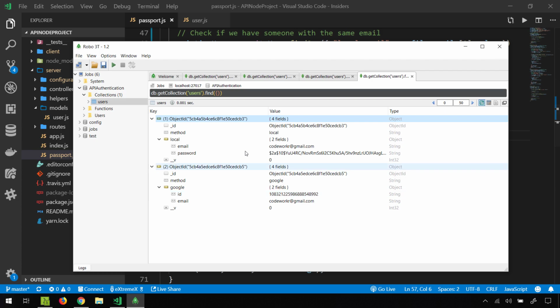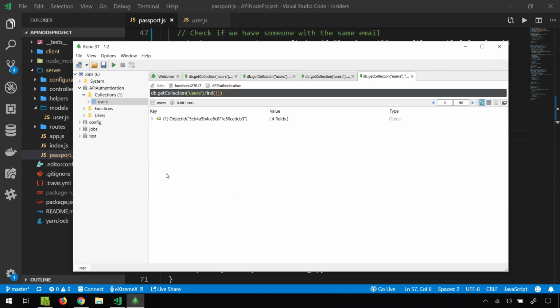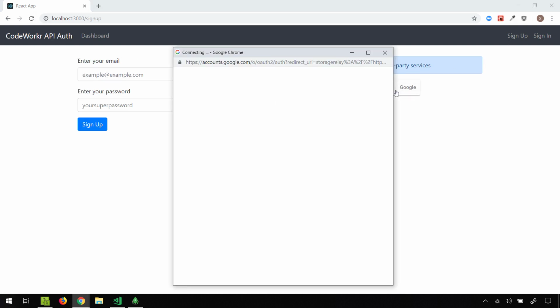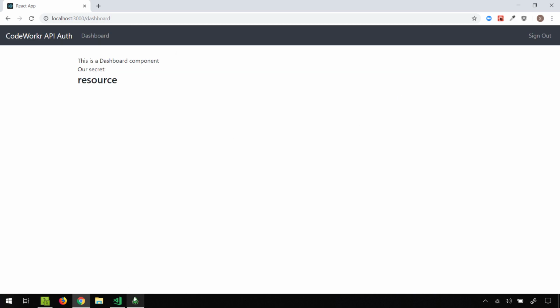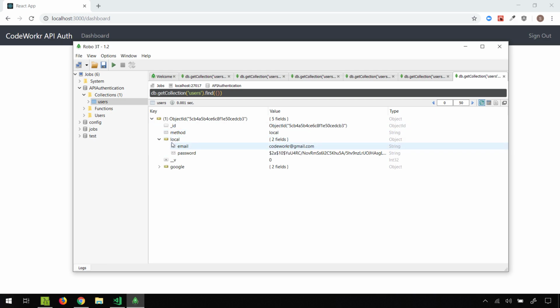Okay, so now we can check that. I can delete this second document, and now we only have this one, and then I can sign out. I can simply refresh it out of habit, and then I can try to sign up with Google. And now if I refresh our collection, we still see just one document, but this time it contains both local